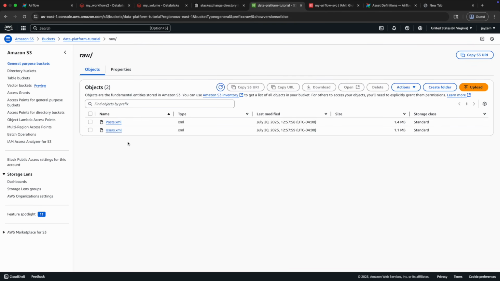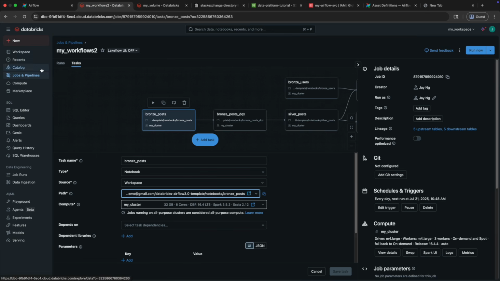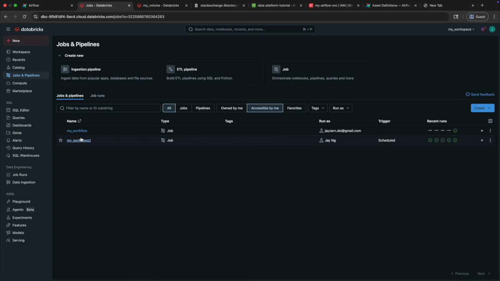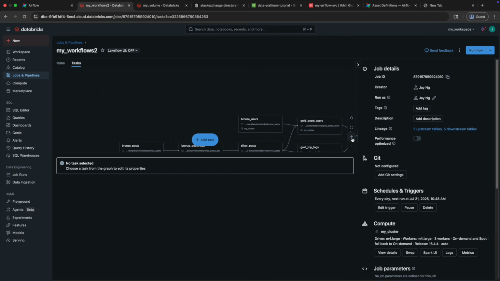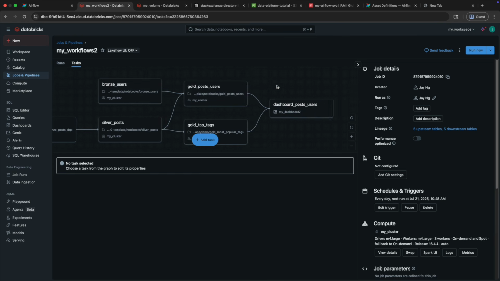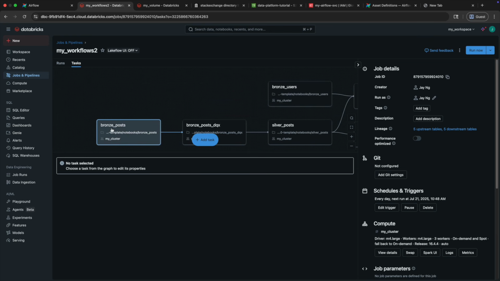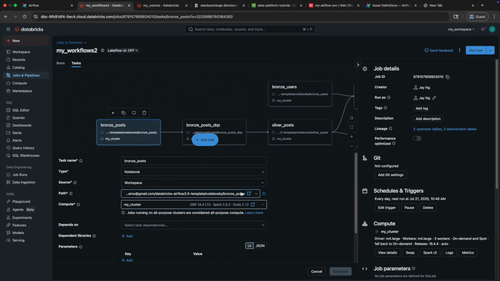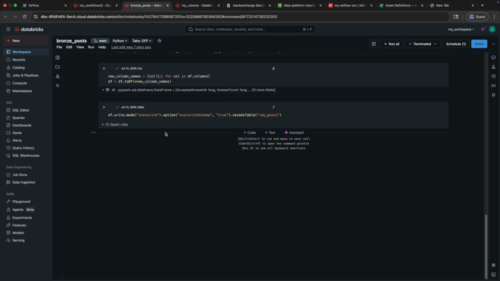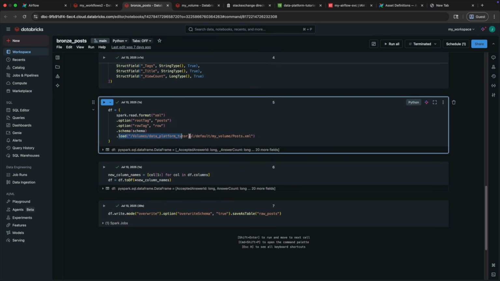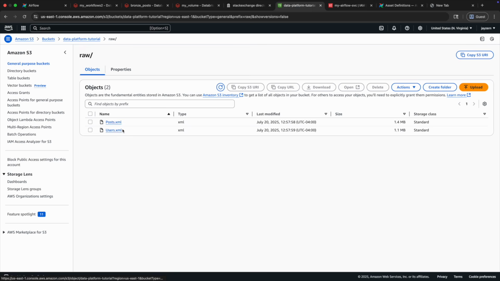So now that we have posts and users, how can we take these files and connect it back to our Databricks workflows? So remember in part 1, we created this workflows here, and this workflows is essentially chaining together a bunch of notebooks to create a dashboard and a bunch of data marts. In my bronze layer here for posts and users, let me take a look. So these bronze layers, if we scroll down, is basically trying to load from this volume path. It's loading from a managed volume called my volume, and I'm fetching this post. So how can I connect the dots? How can I connect these files